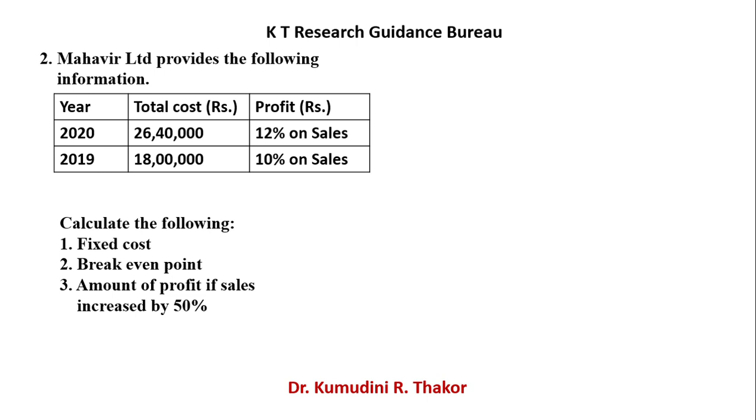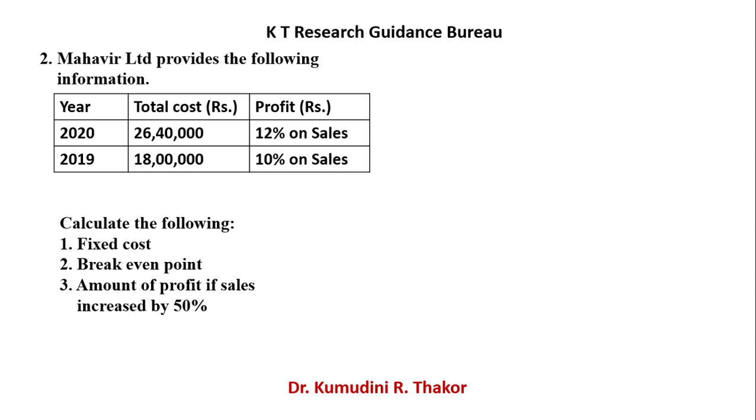In the previous example, it increased on break-even point, and in this, profit if sales increased by 50%. So keep in mind. In previous session, I gave you this sort of example. In that case, number of units of sales was given for 2 years, and in profit column for 1 year it was loss and next year it was profit.